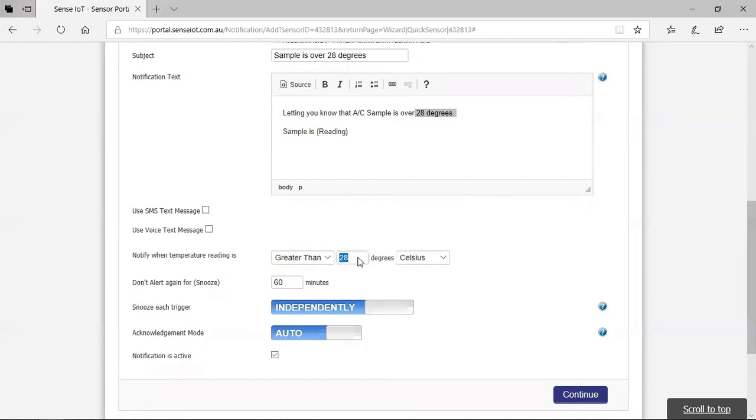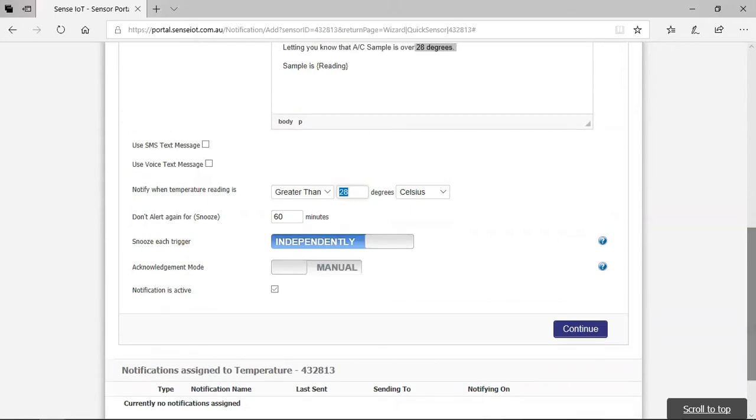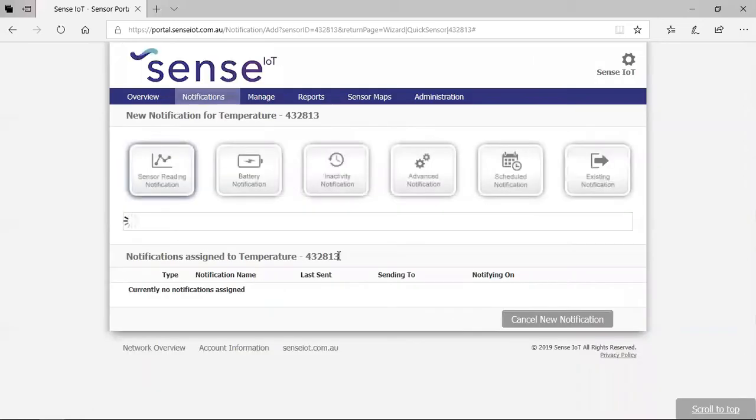And then if the temperature gets below 28 degrees, it will automatically reset the notification or alert. And if it was manual, we have to manually come into the portal and acknowledge it. Notification is active, either we say yes or no. Now if we continue,